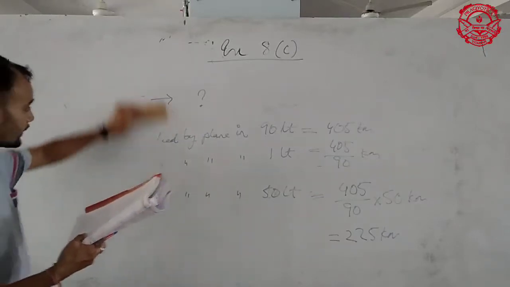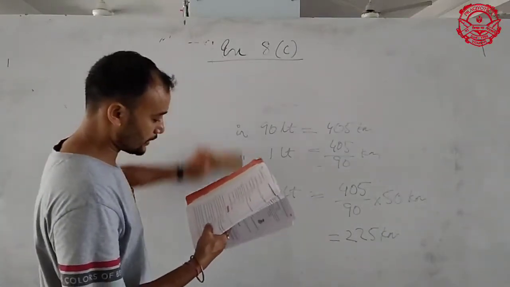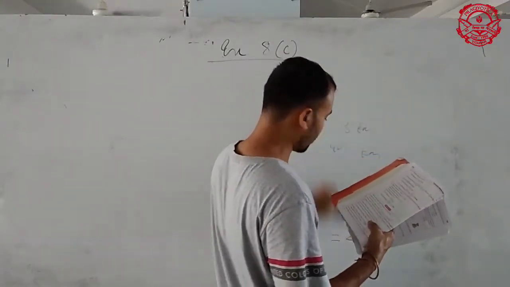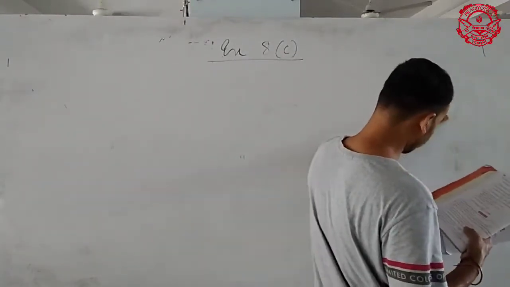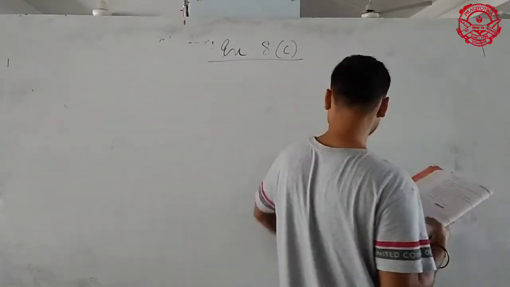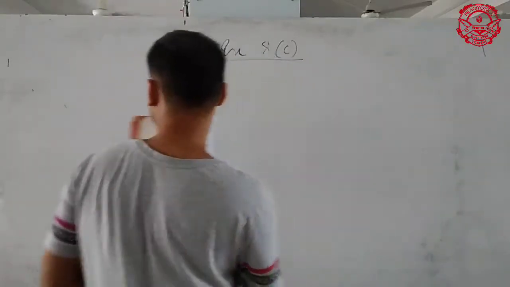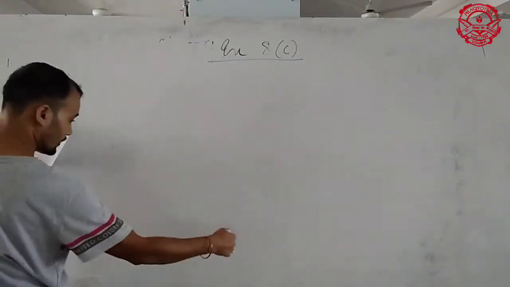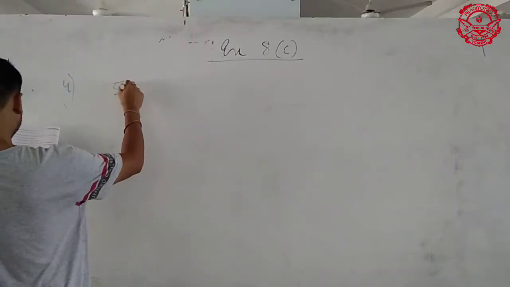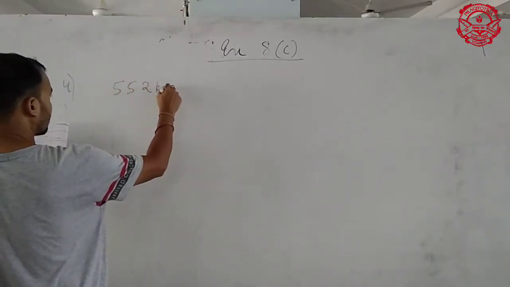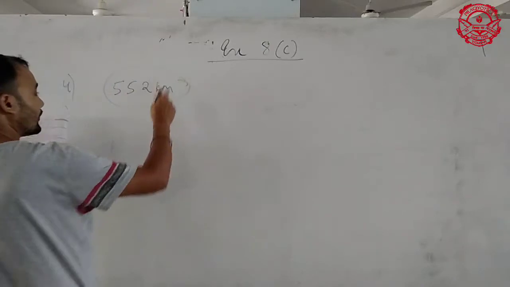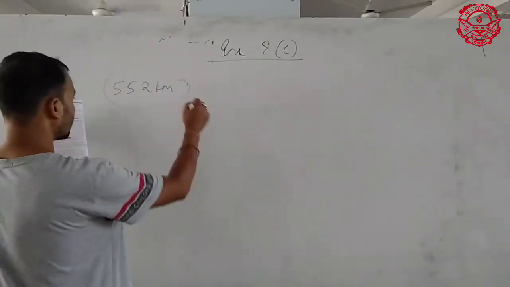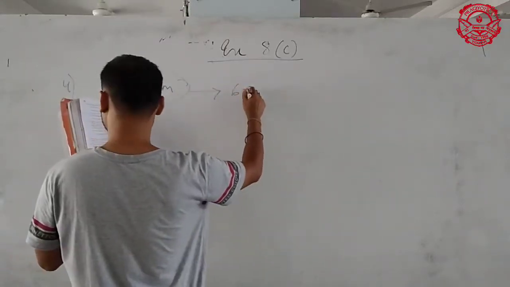See, question number 4, what they are asking, a journey. Okay, they are mentioning about a particular journey. A journey of 552 kilometers. Okay, a person went on a journey. He traveled a distance of 552 kilometers. And in order to travel 552 kilometers, by the transportation system is not mentioned here, he took 6